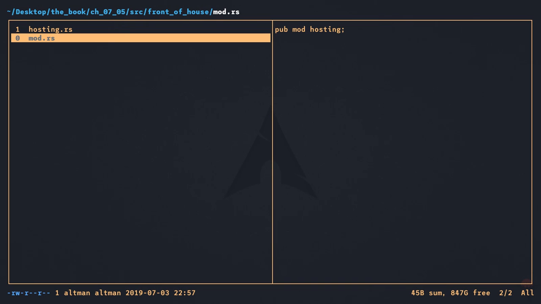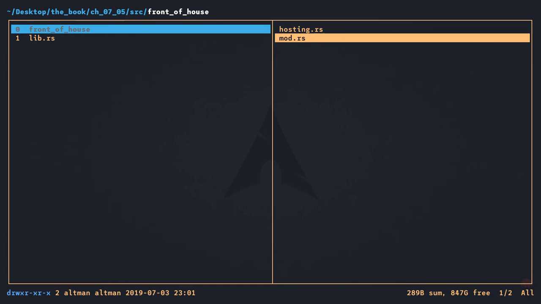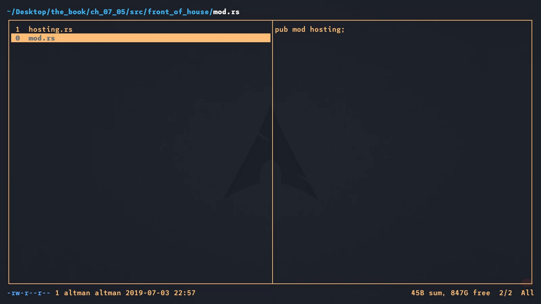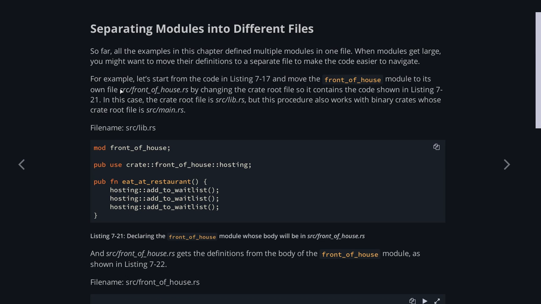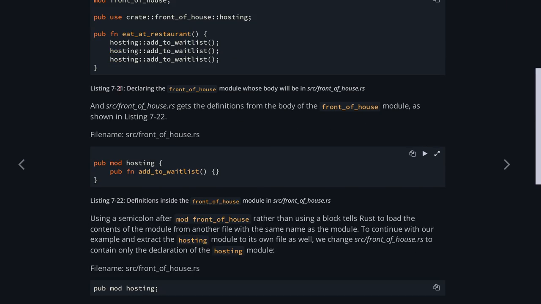And the module proper, which in this case is front_of_house, you can have code for that inside the front_of_house directory listed as mod.rs. And front_of_house.rs gets the definitions from the body of the front_of_house module as shown in